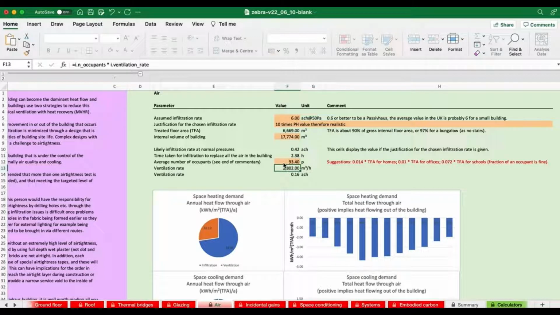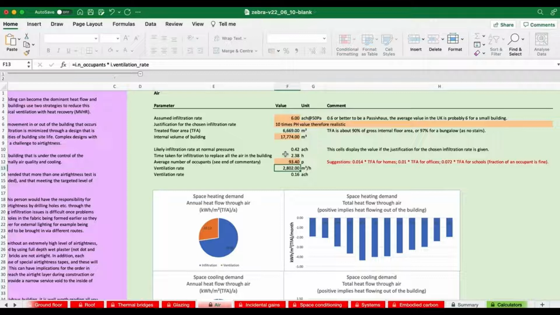And we can see a whole bunch of information on this sheet now. The first thing we can notice is that we have the likely vent infiltration rate. So we have 0.42 air changes per hour wafting through the building, just from cracks in the fabric and around window frames, etc. It therefore takes 2.38 hours for all of the air in the building to be replaced just by infiltration. And if we were during a heating season or during a cooling season, that air is going to have to be heated or cooled.